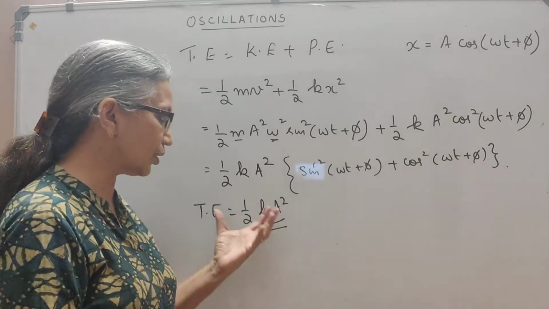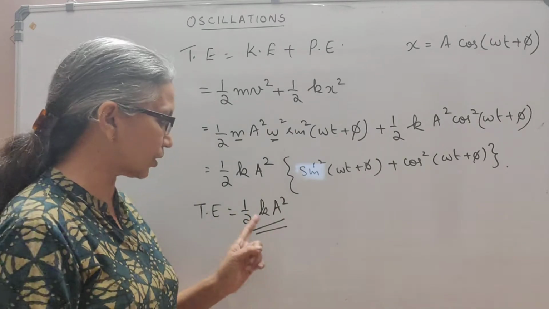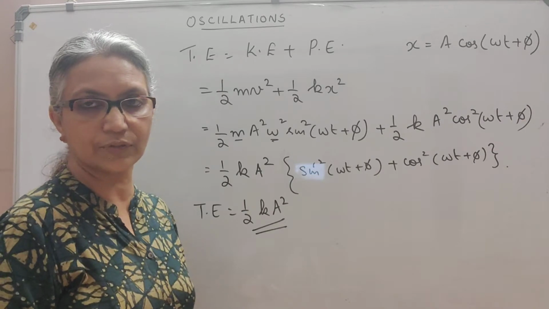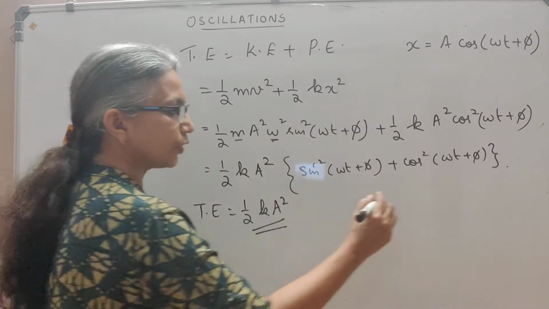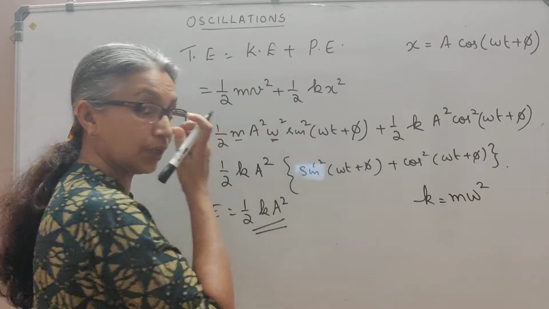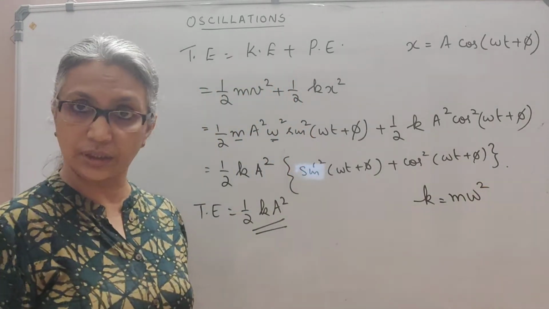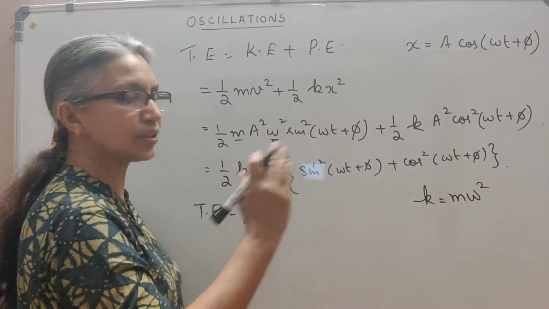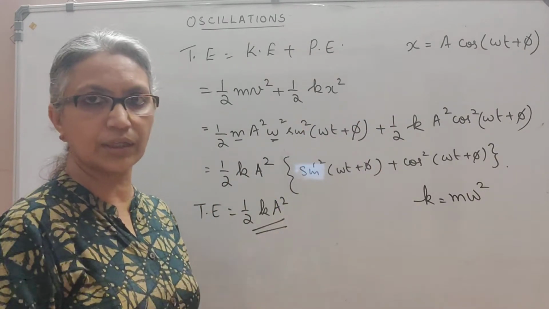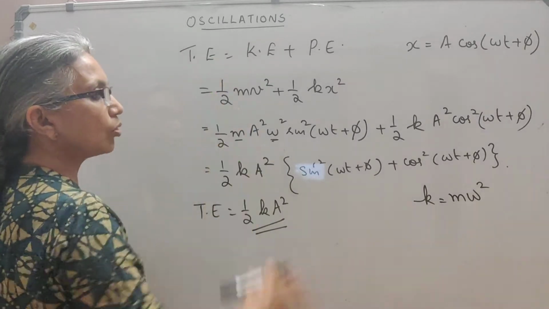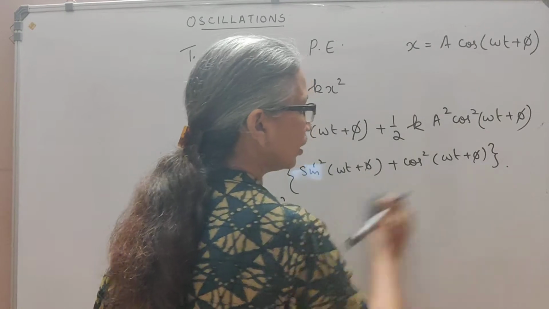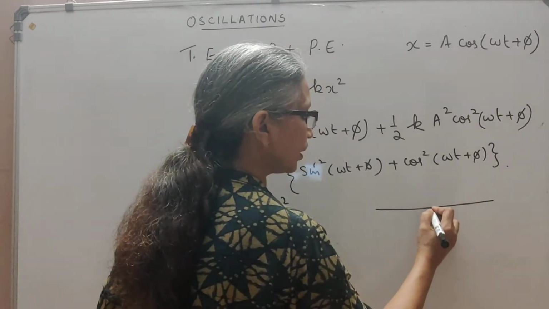showing you that the simple harmonic oscillator has a total energy which is a constant, because k, as you know, is a constant depending on the frequency and the mass of the oscillator, and because we know k is equal to m omega square. So it depends on the mass and the angular frequency, which is a constant, and amplitude is the maximum displacement of the particle from the mean position, again a constant. So we see that the total energy of the oscillator is a constant,